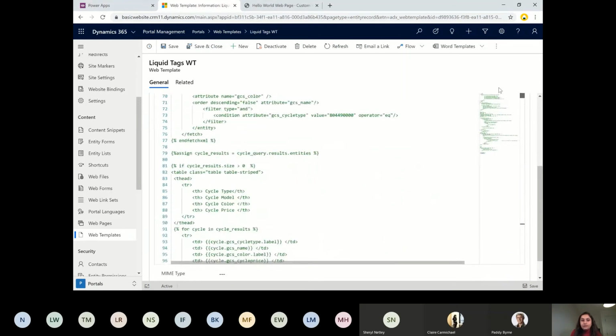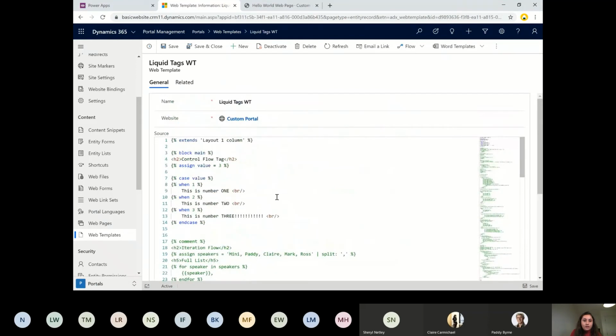This block. Let's go a little up and see what kind of flow tags there are and how we can use them. So I started with block main, and with these lines of code, let's try to understand the case syntax of Liquid. How does it work? It's basically similar to the switch that we have in C#, right? Having multiple cases, and based on a particular condition, go into the particular case and show or do whatever we want. So let's say I have an HTML tag here, and I am assigning a variable with value 3, and my case should run for this value, whatever the value can be. Right now I'm giving it 3.